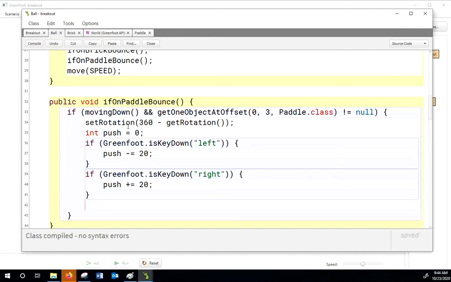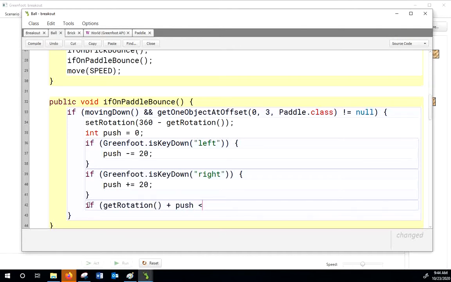Now, what I'm going to do is make sure that my rotation is not going to alter up down. I don't want them to completely break the laws of physics here. So this is going to be an unusually long if statement, but bear with me. I'm going to get the rotation of the ball, add push to it, and make sure that it's still less than 360